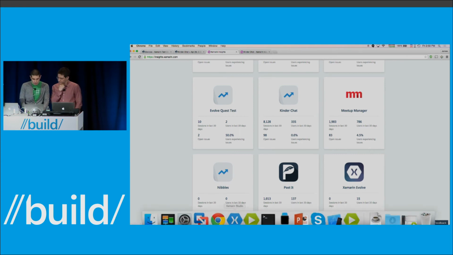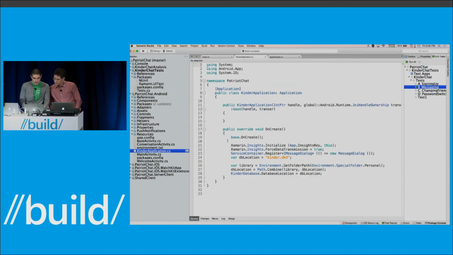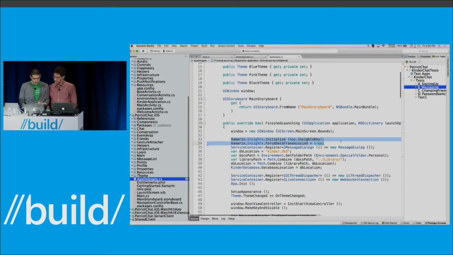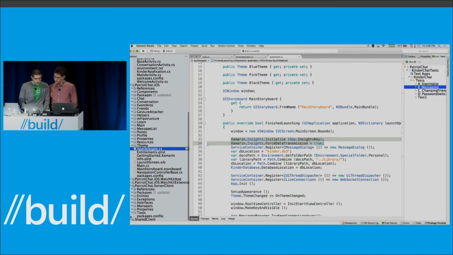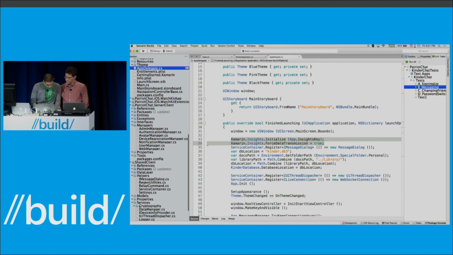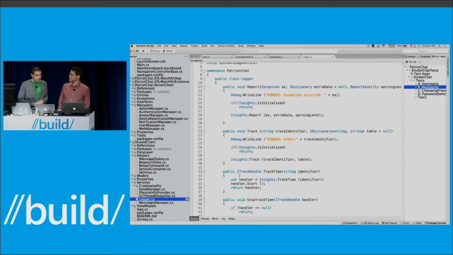Yeah, and let me actually just show you how easy it was to get up and running. So inside of my main application, I added a NuGet package. It's all just NuGets. So here I just have an initialize in my Android application. Same thing over here, Xamarin Insights. And then in my shared code, it's a portable class library. So everything inside of my shared library, if I dive into here and go to my helpers, services, there we go. I have a logger utility, you probably wrote some of these, that I track, report different exceptions, or I